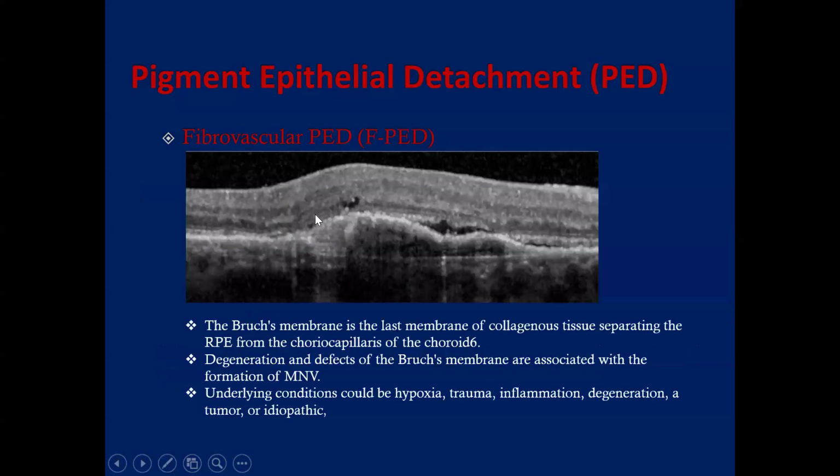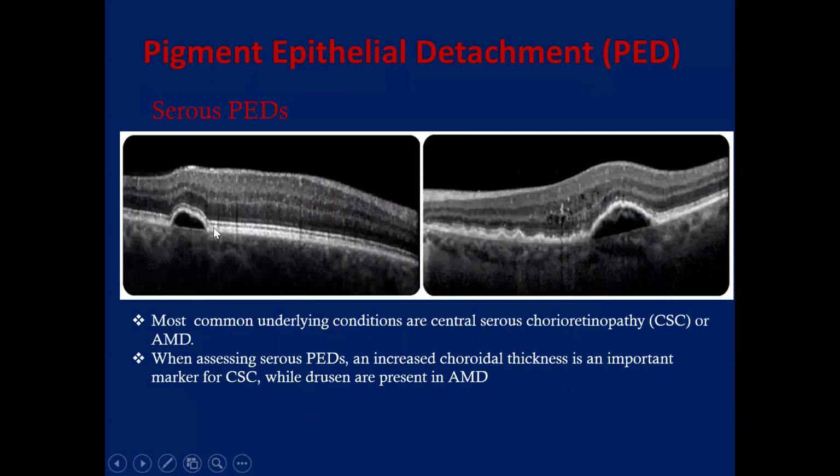There is no treatment. But you might find fibrous changes with different levels of reflectivity, hyperreflectivity, meaning this patient is having choroidal neovascularization that disrupts the retinal pigment epithelium and the Bruch membrane. This is a kind of active choroidal neovascularization, having subretinal fluid. This is a patient with neovascular AMD who most likely needs treatment, but it can develop from other causes like trauma, inflammation, degeneration, tumor, or idiopathic causes that can lead to development of CNV. So this is fibrous because this hyperreflectivity gives you such a finding. But a patient